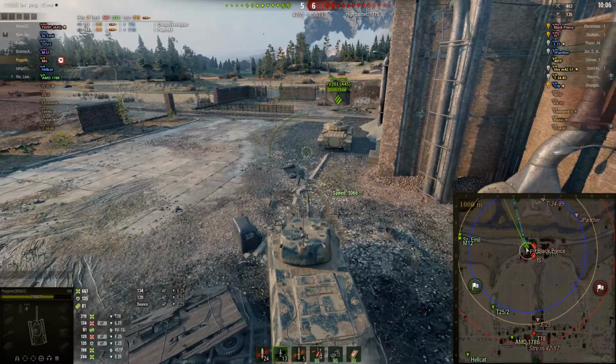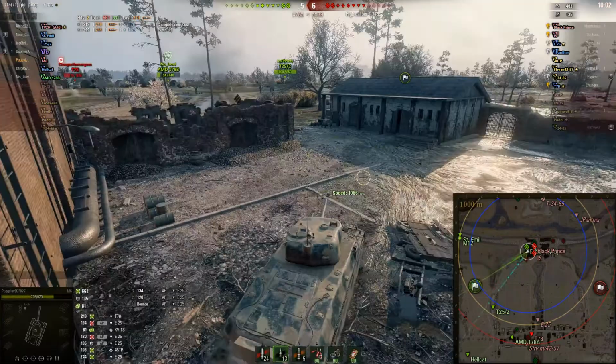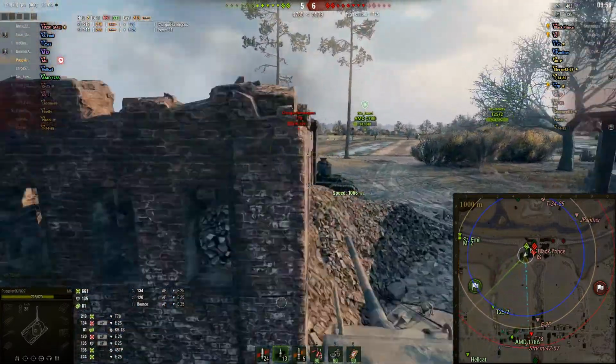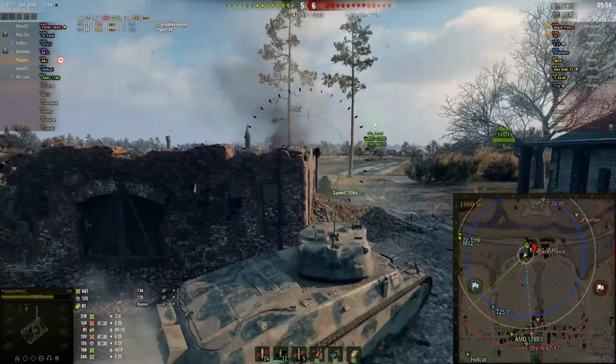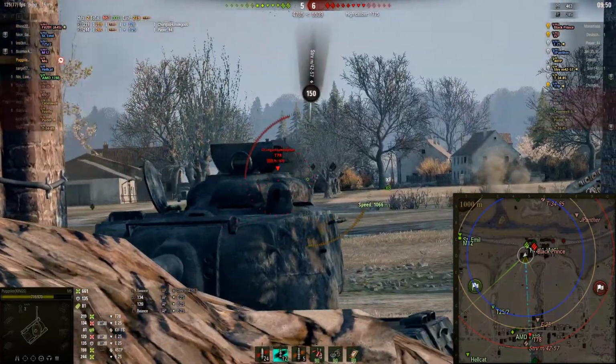Look, and loads complaining again about teams not supporting him that well, but yeah, just ignore that. So still got the Black Prince there, and Pugs is just trying to leave the FV201 to keep the Black Prince at bay. Try and get another shot on this